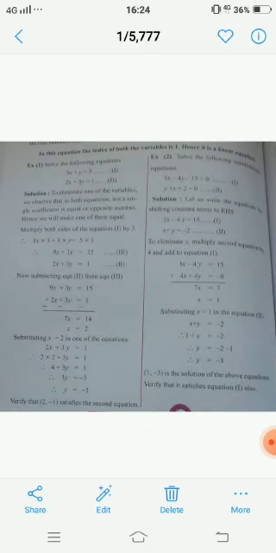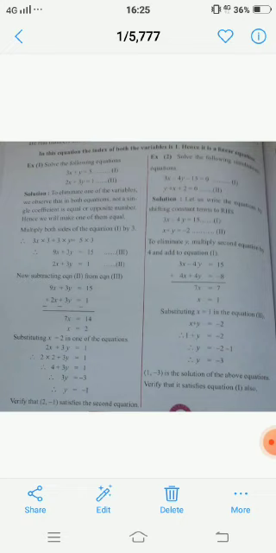Now here on the screen are two examples of equations given to you, and you have to solve them by the elimination method. Now see, what is your question? Your question is, solve the following equations. The two equations given are 3x plus y equals 5, and another one is 2x plus 3y equals 1. Whenever you solve simultaneous equations, you are considering them as equation 1 and equation 2.